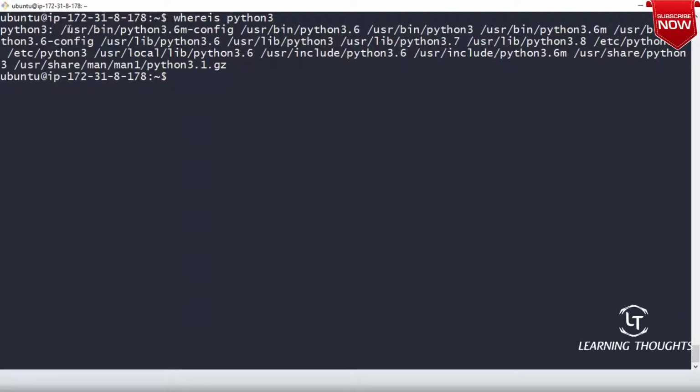Are you seeing python3 is in /usr/bin and all of that stuff, right? So you can try to write something like that. Or, to make it much easier, what most people will recommend is: